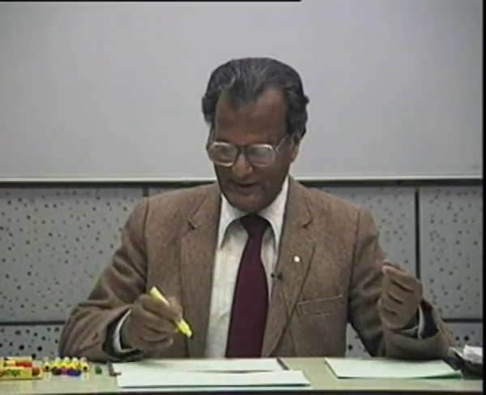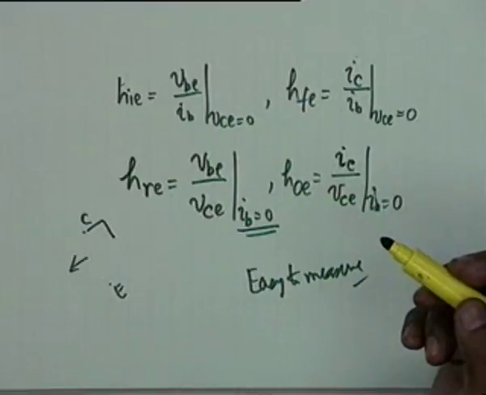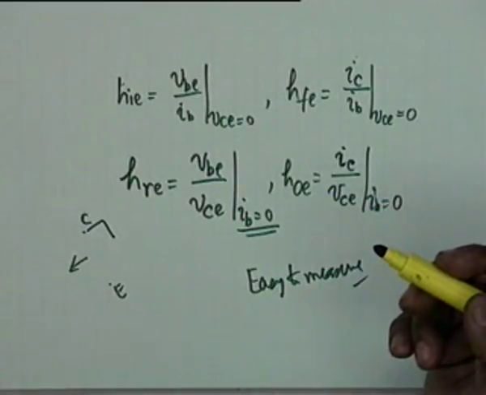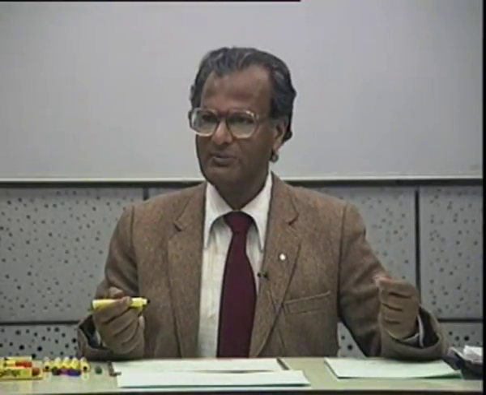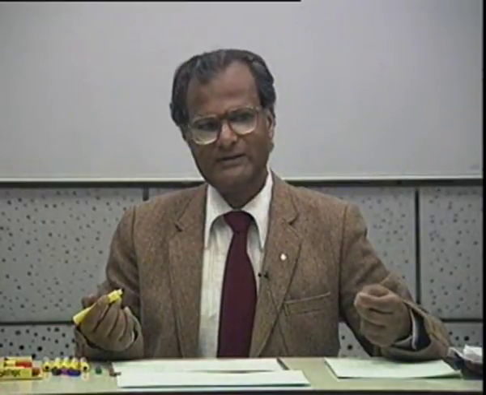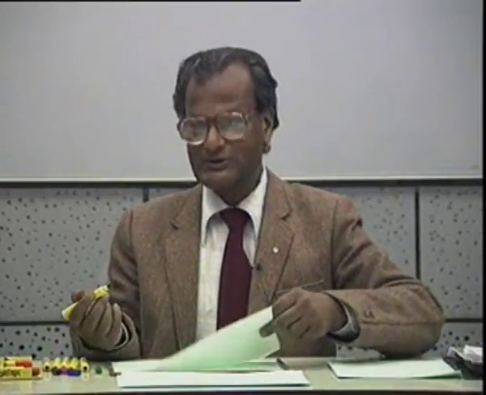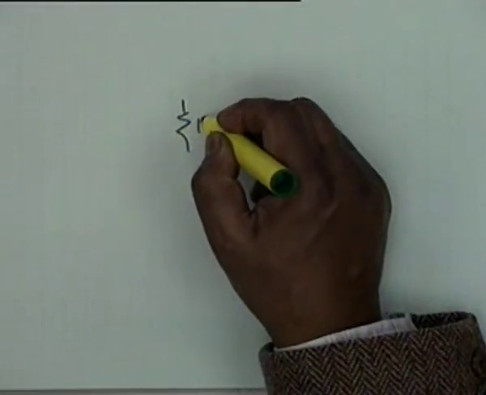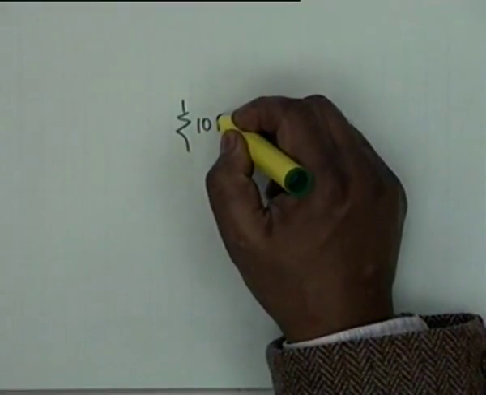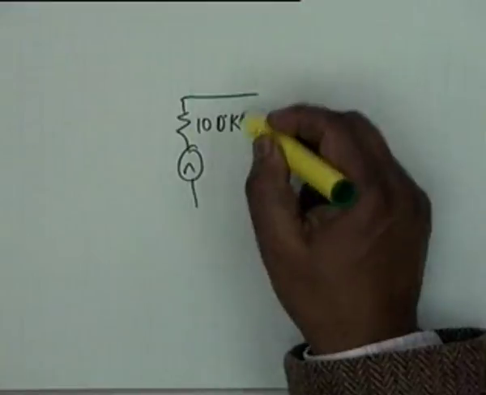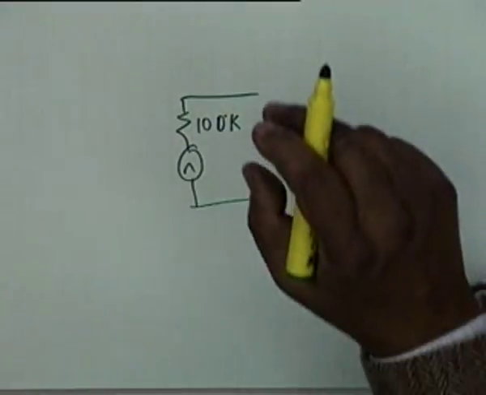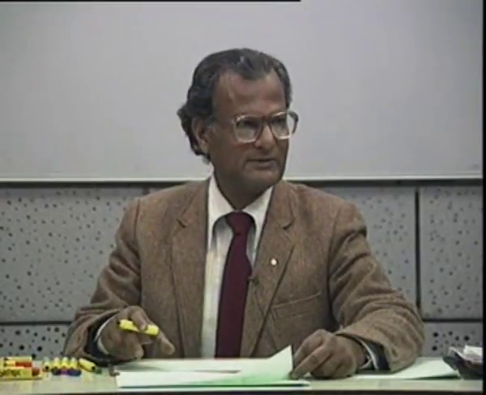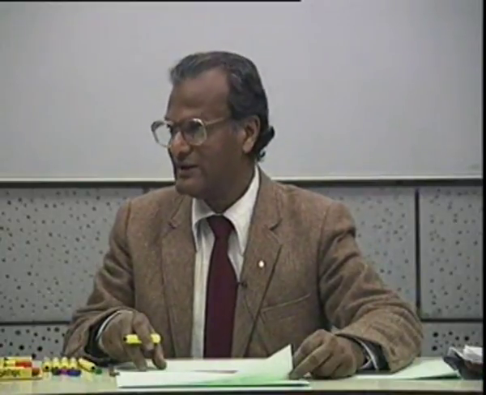Alright. On the other hand, IB equal to 0 means open circuit the base. Now you know that if you connect an external source between the base and emitter, what resistance does it face? It faces Rx plus R pi, of the order of a K. And therefore, if you have a source of, let us say, internal resistance 100K, then virtually this is open circuit. Agreed? So it is very easy to open circuit a low impedance device, and it is very easy to short circuit a high impedance device.